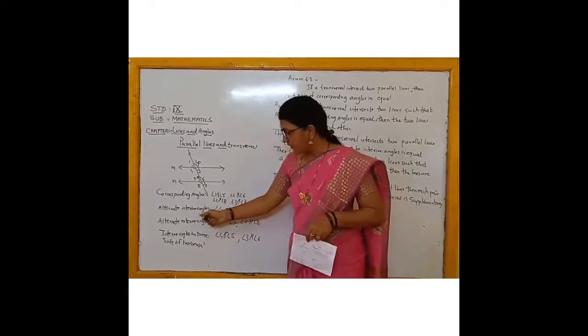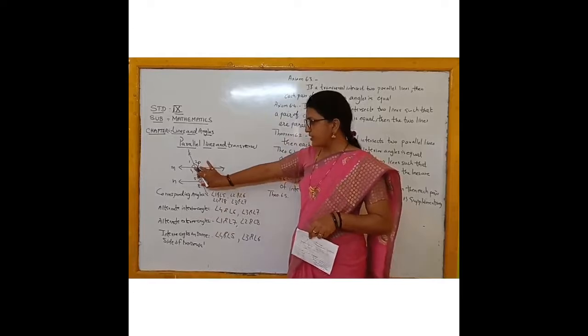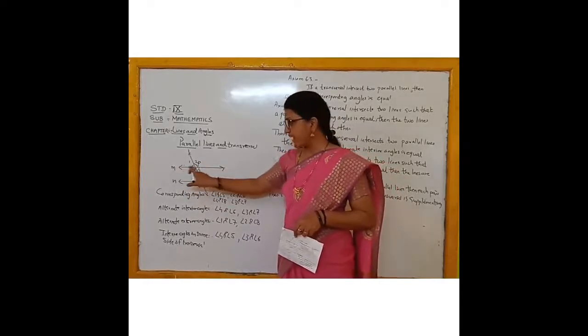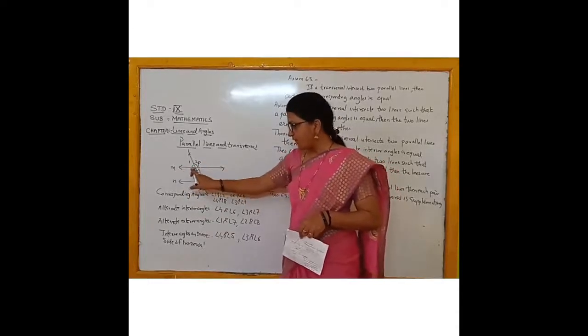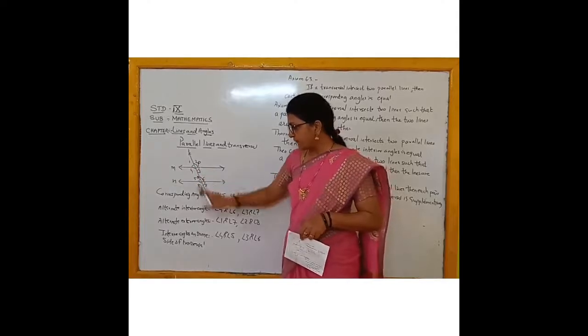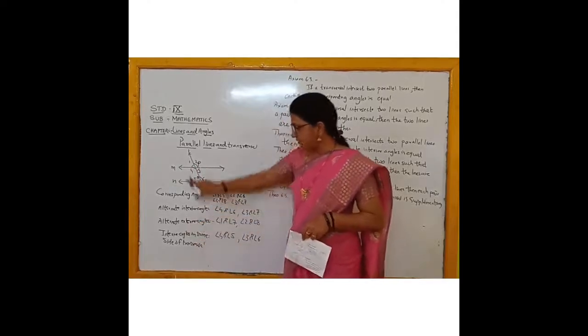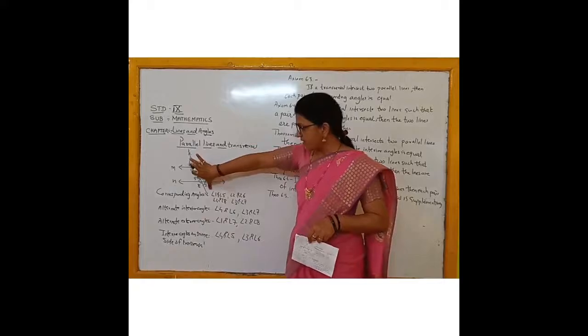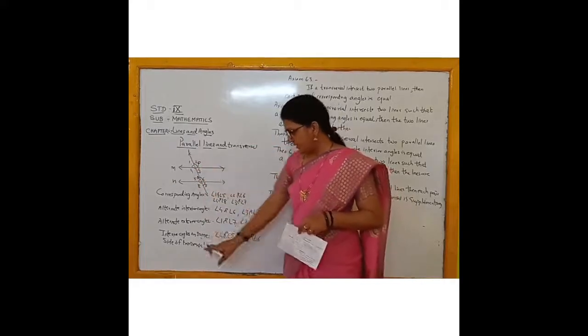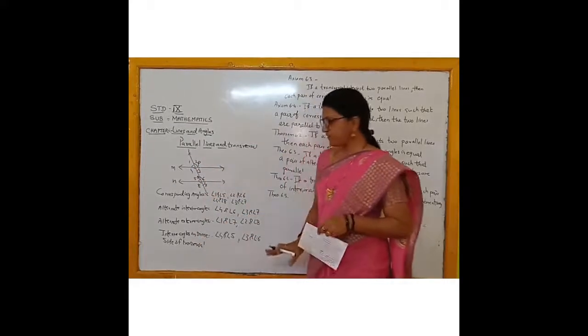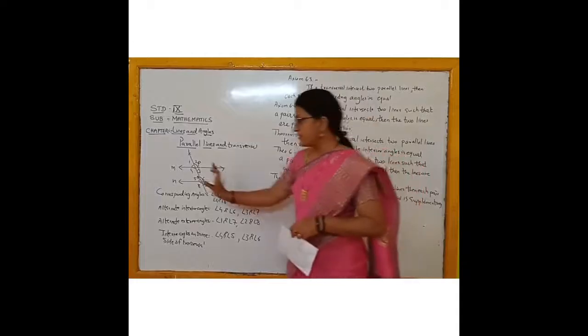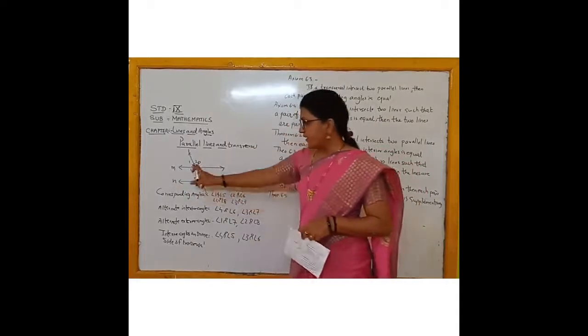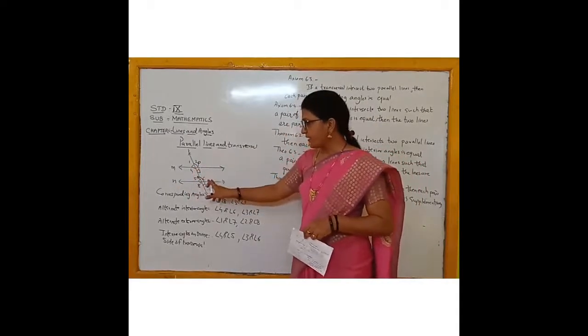Now alternate interior angles. Interior means inside. Z forming angles, either backward or forward Z. So angle 4 and 6, angle 3 and 5. Alternate exterior means 1 and 7, then 2 and 8. And then interior angles on the same side of transversal. There are two such pairs, left hand side and right hand side: angle 4 and angle 5, angle 3 and angle 6.